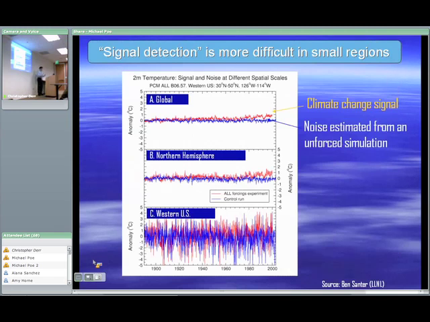The issue of seeing any kind of trend is difficult, and this is what this slide is trying to illustrate. It's more difficult if you look at a smaller region, and the reason is that when you're looking for a slow trend, you have to pick it out of the noise of natural climate variability. The top panel shows this on a global scale. The blue is sort of the noise of climate variability. The red curve, these are model simulations, is a temperature plot that has natural variability, but also a trend in it.